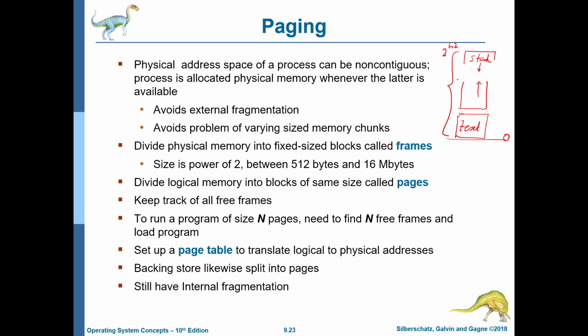Okay. So given that there is a lot of non-contiguity in this, the previous approach that we have seen with base and base limit registers is simply not possible. So what we do is that we don't divide memory into variable sized memory chunks, we divide them into fixed size memory blocks, where a block can be anywhere between 512 bytes to 16 megabytes, 4 KB being the most common.